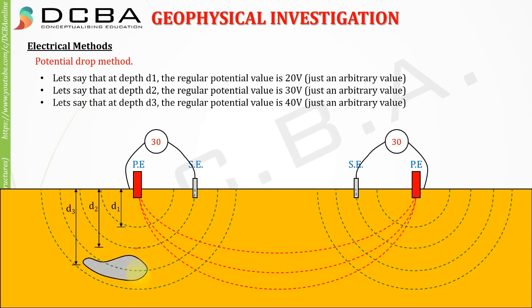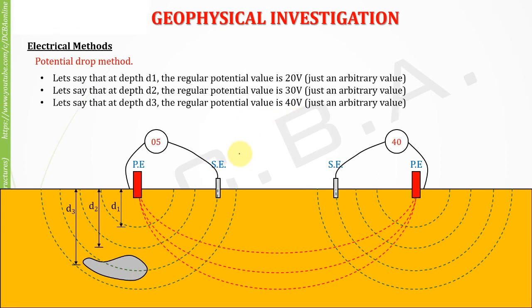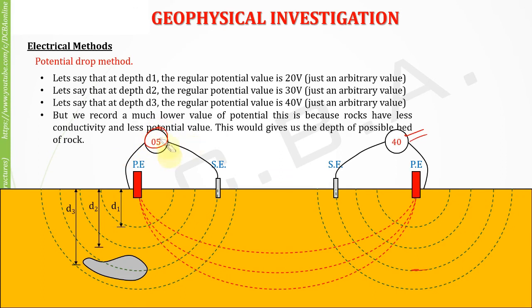At depth D3, that is at this point, the regular potential value is 40 volts. As you can see here, at depth D3 the regular potential value is 40 volts, but what you are getting here is 5 volts. Okay, so we record much lower value of potential. This is because rocks have less conductivity and less potential value. This would give us the depth of possible bedrock. So at whatever depth or whatever distance this search electrode is there, at the same depth